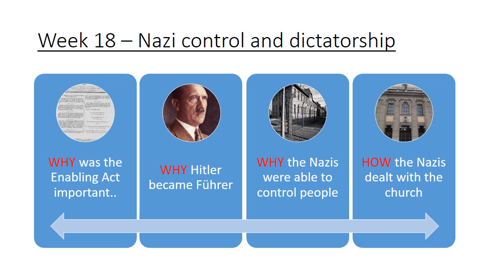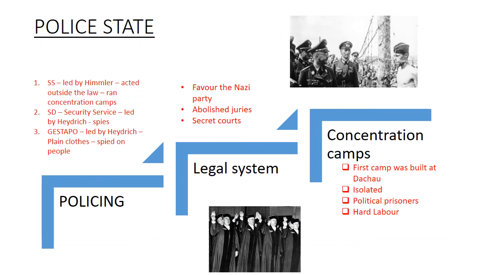Okay, the next question is, how was he able to control people? There's a number of ways he did this. First of all was using the policing system. So the SS, led by Heinrich Himmler,